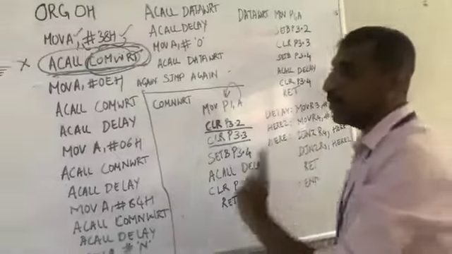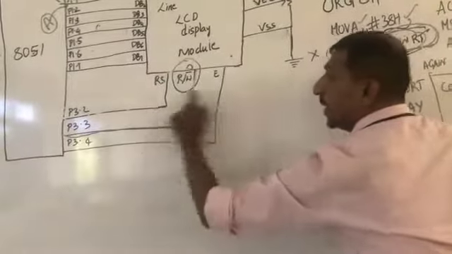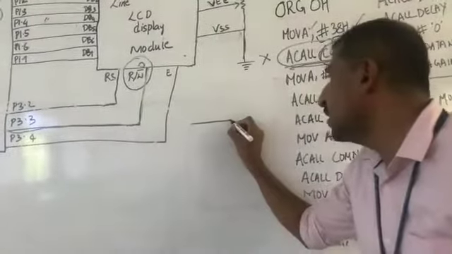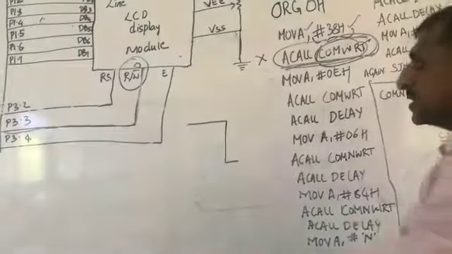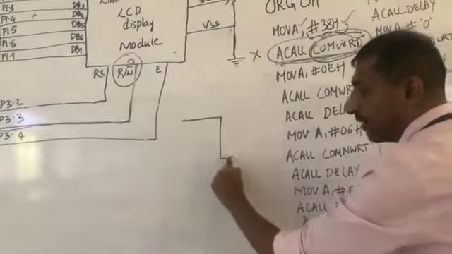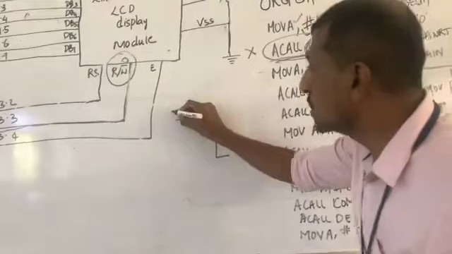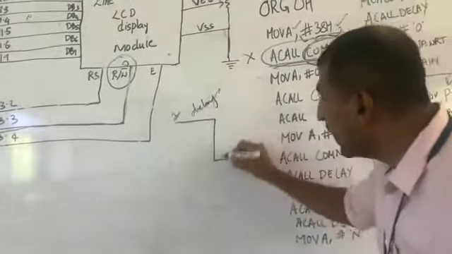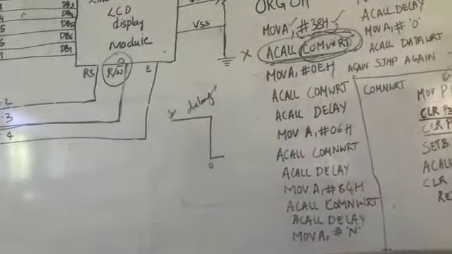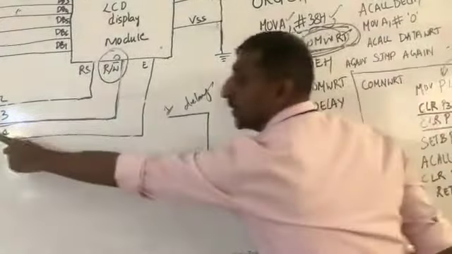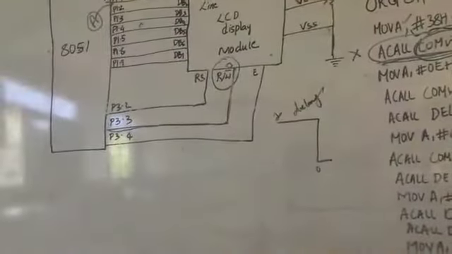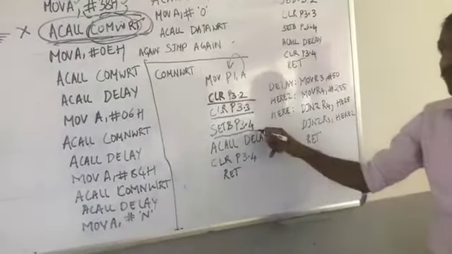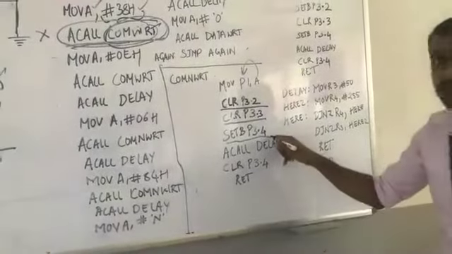Have we done? No, we are not done yet. We need to still configure the enable signal. And what did I say? How to configure the enable signal? Through this. That is a level triggered, low level triggered signal needs to be generated. Means to say that I need to send 1 and then create a delay and then I need to make it 0. And where should I do this? I should do that on port P3.4. Therefore, you can see here, initially I am setting P3.4, means I am making that P3.4 as 1 and